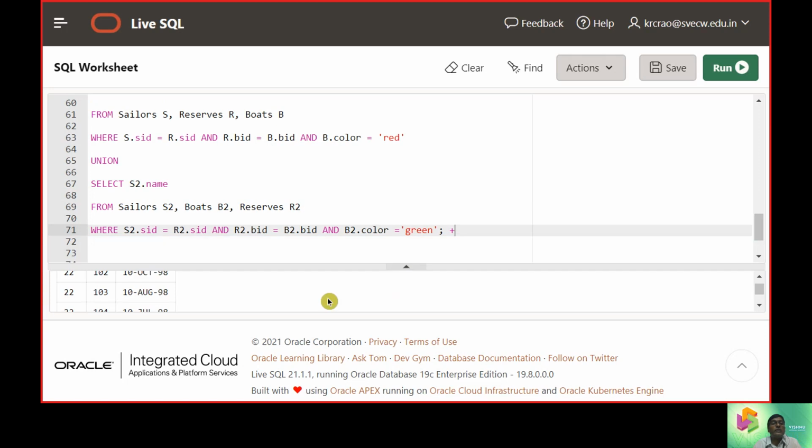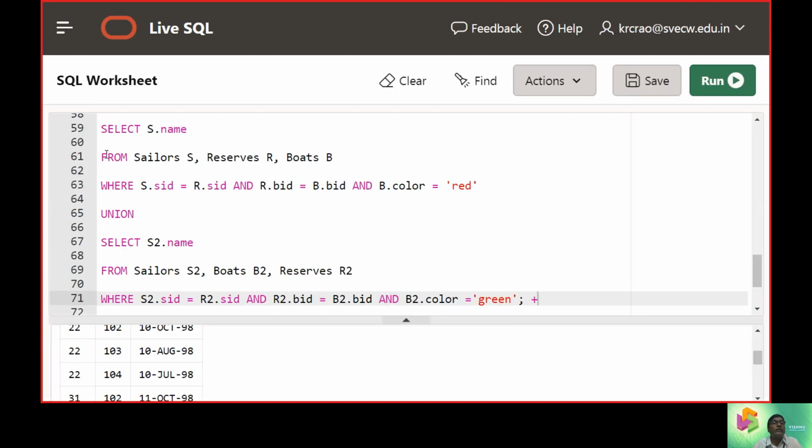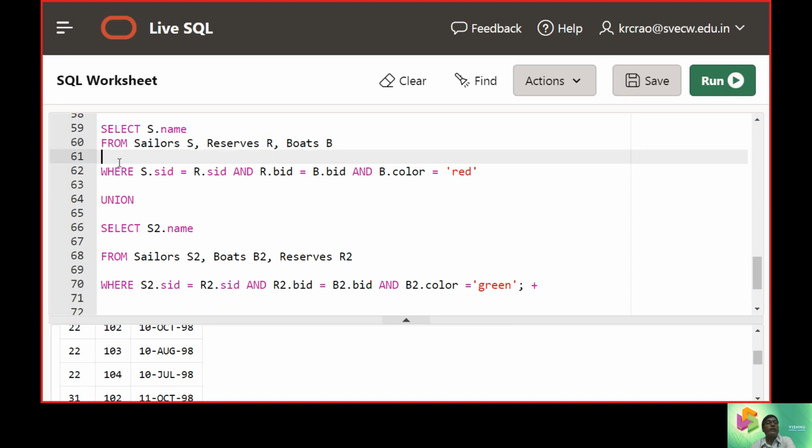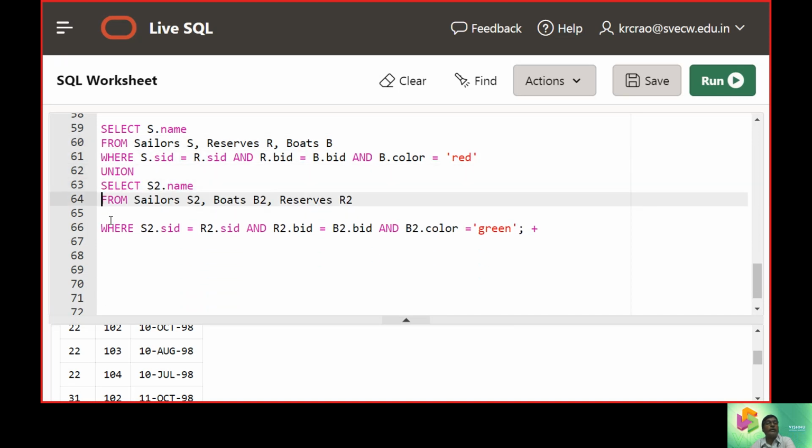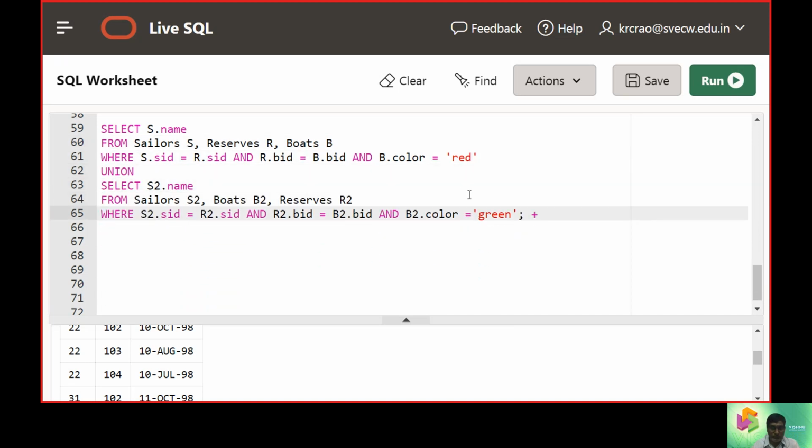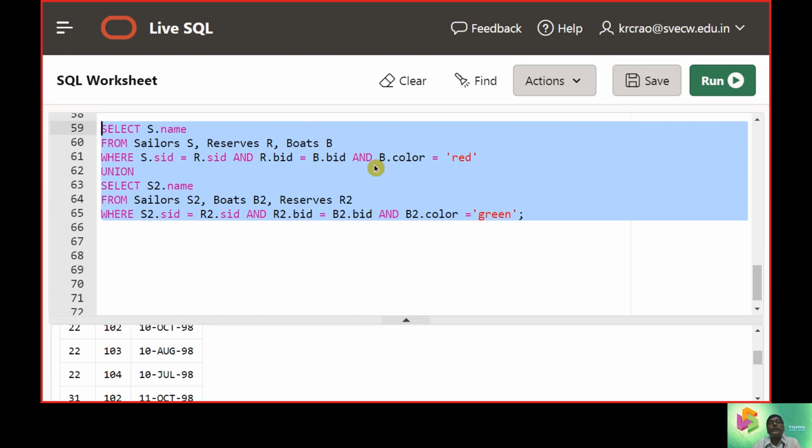So now we are moving into the SQL part. This is a live SQL editor. We have taken the queries with the union between these elements. The three conditions internally are applied with AND.